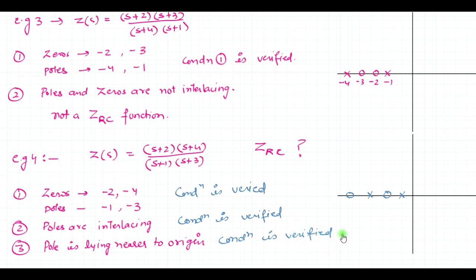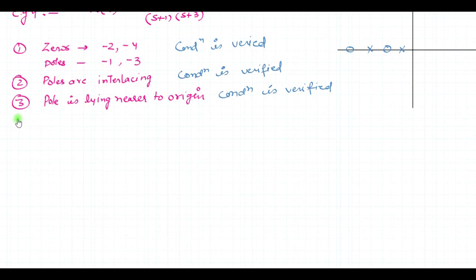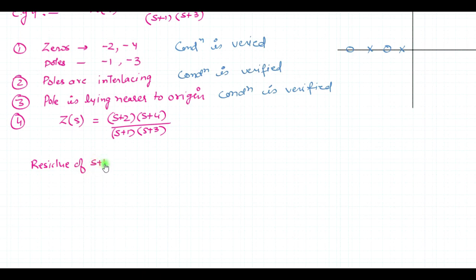Now we will check the condition number 4, which says the residues of the poles must be real and positive. So let us calculate the residues of the poles. We have this ZS, which is equal to (s plus 2) into (s plus 4) divided by (s plus 1) into (s plus 3). So the residue at s plus 1,